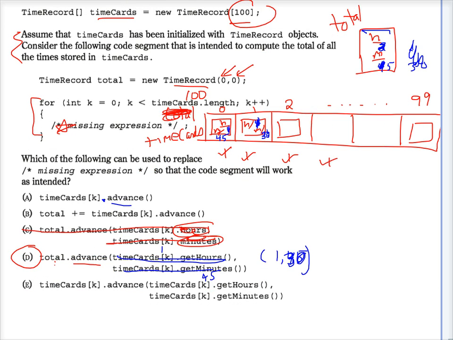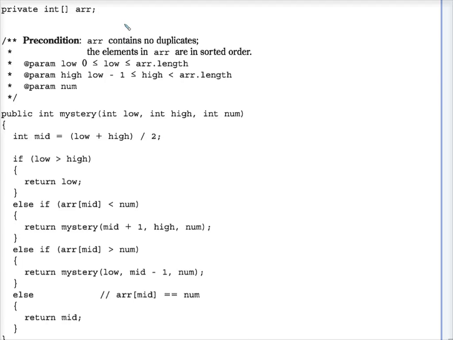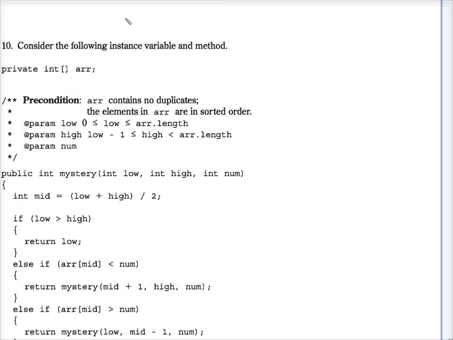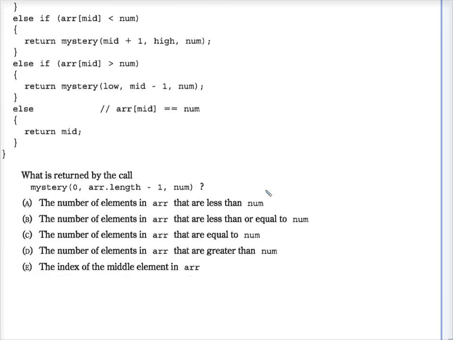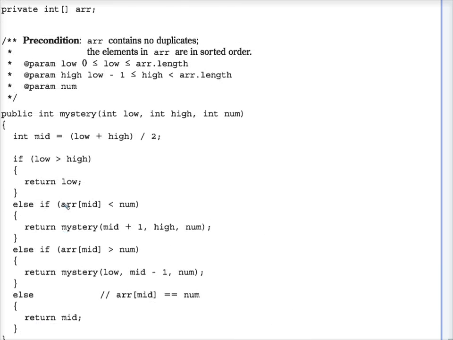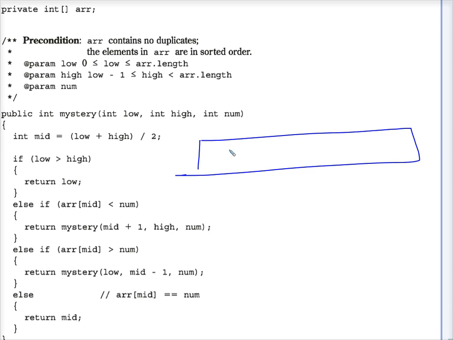Moving on to the next question on this practice exam. Number 10, the answer according to the answer key is A. And this is hard. One way to do this, although it might be a bit of a time sink, would be to create a little array of a decent length, plug some numbers in. In this case, the numbers are sorted. So just make up some numbers that are in sorted order, put them in your array with index positions, and